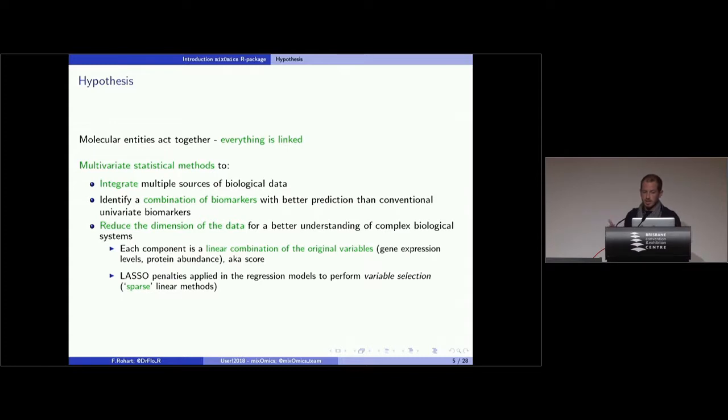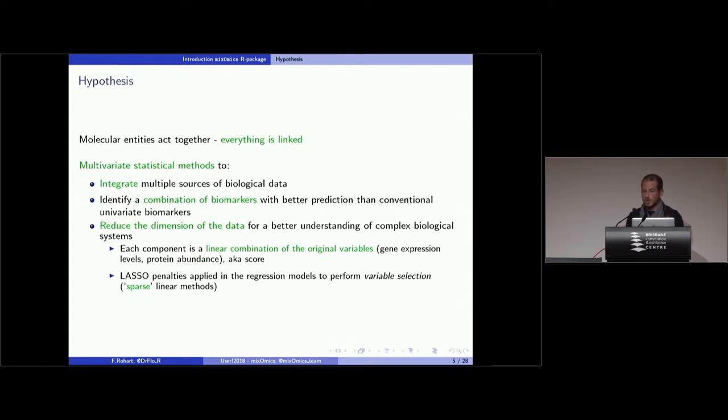The advantage is that using them you are able to integrate data. We are going to talk a bit more about what I mean by integrating data. We can find combinations of biomarkers, so linear combinations. Instead of looking at one parameter at a time, we are taking into account correlation. We are able to reduce the dimension of the data.